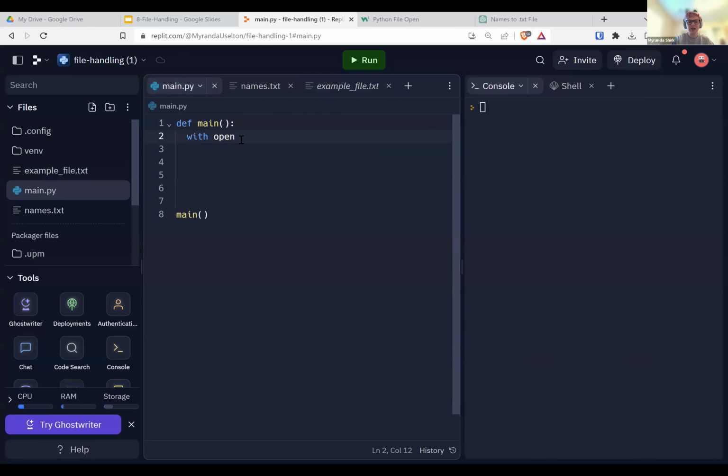So go ahead and type in the chat, what am I going to put here? If I want to create a new file called myfile.txt, go ahead and put in the chat, what am I going to type on this line here? So we're going to use the with open as.